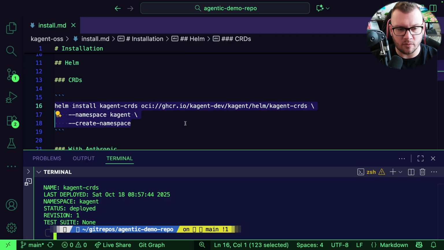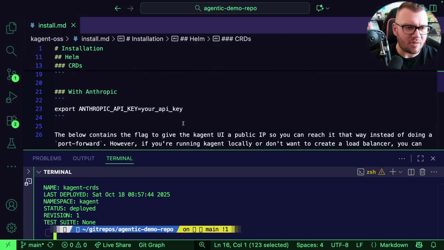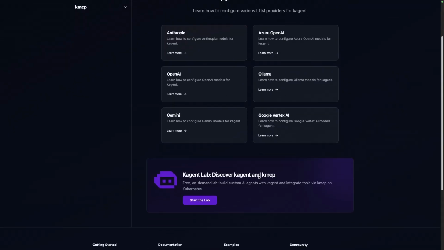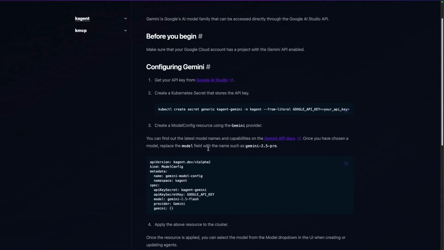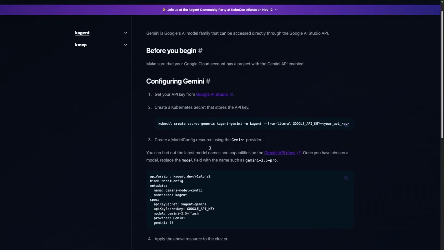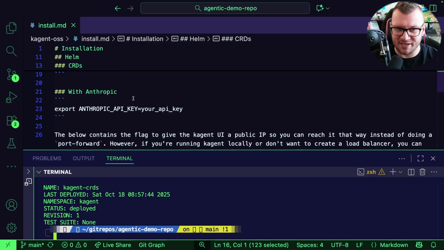Again, we're going to be doing that in a different video. Next, you're going to want to specify whatever LLM you want to use. If you go to the Kagent providers, you'll see there's a bunch readily available: Anthropic, OpenAI, Gemini. In my case, I always go with Anthropic just because I pay for the subscription, so I might as well.